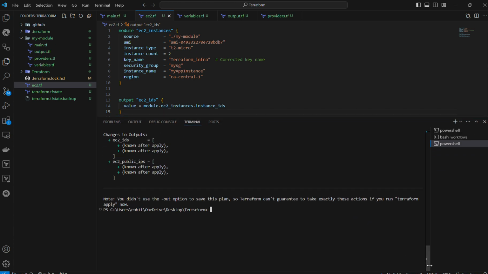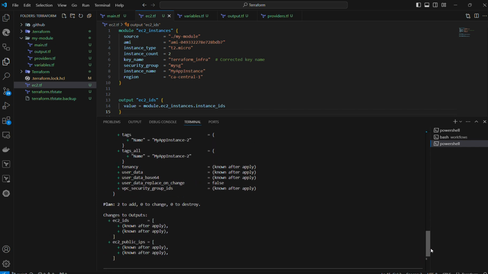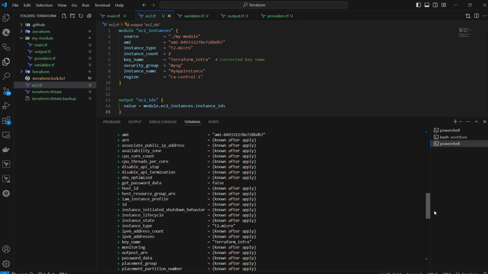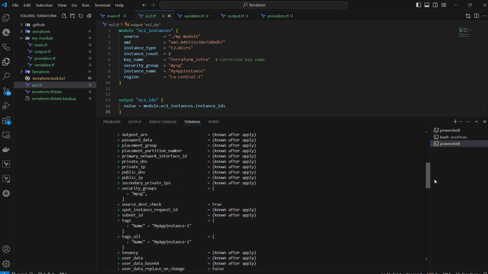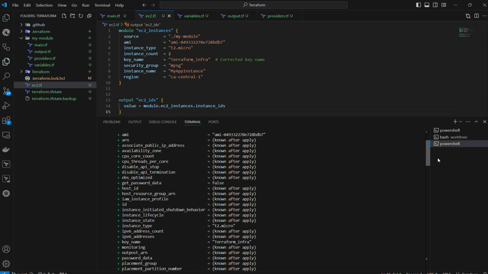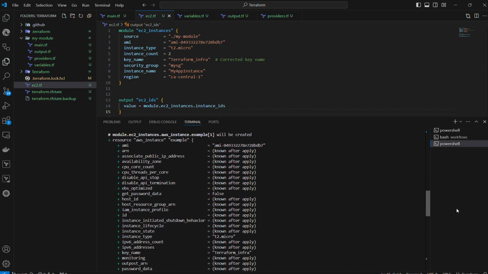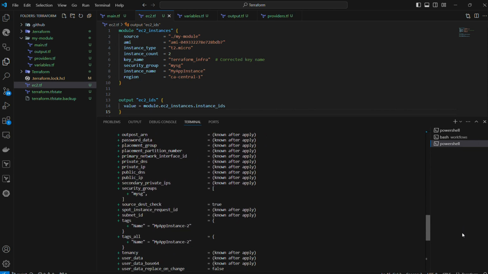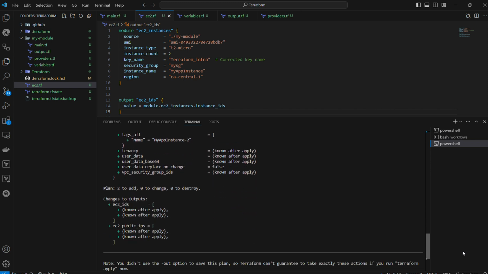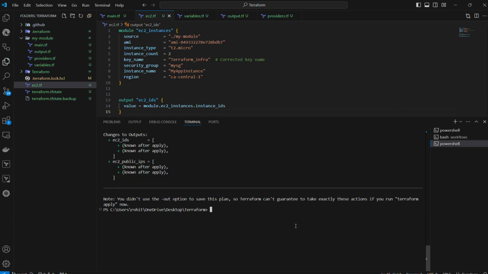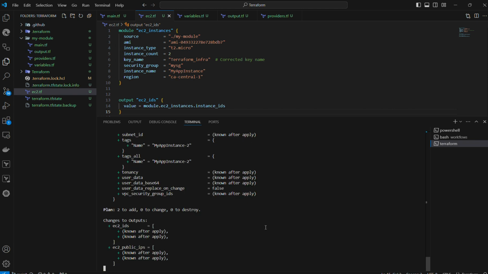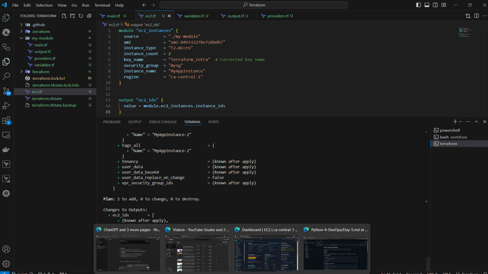Okay, so two to add. Basically I'm expecting two EC2 instances up and running with my AMI and t2.micro. A PEM file is associated with that, and my SG group is also there. So this looks good to me, and the output I need. So let's jump directly into terraform apply auto approve. Once we declare this, we should get the two instances here,